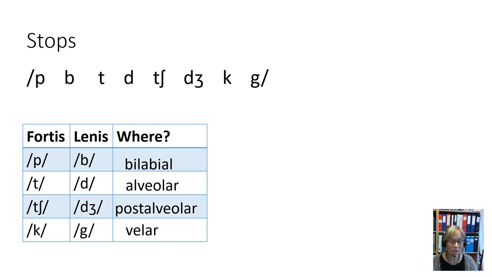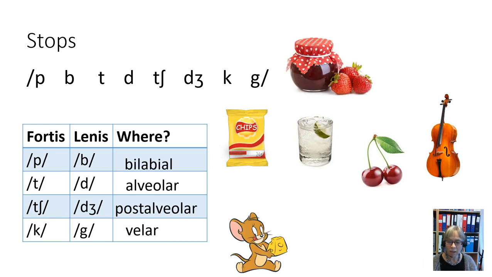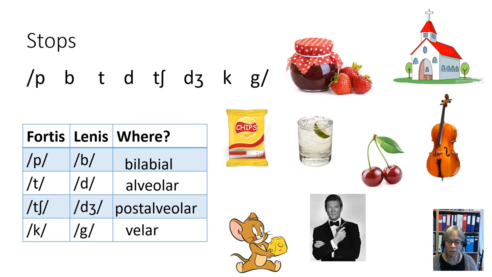Isn't it amazing how we can do this? It never ceases to amaze me. Then, of course, these are perhaps the sounds that are difficult for Norwegian learners. Cherry, gin, chips, cello, cheese, jam, church, James Bond. Ch, unvoiced fortis, j, voiced